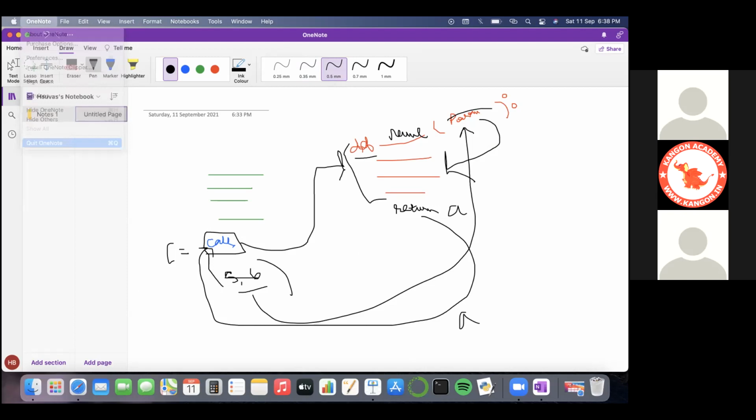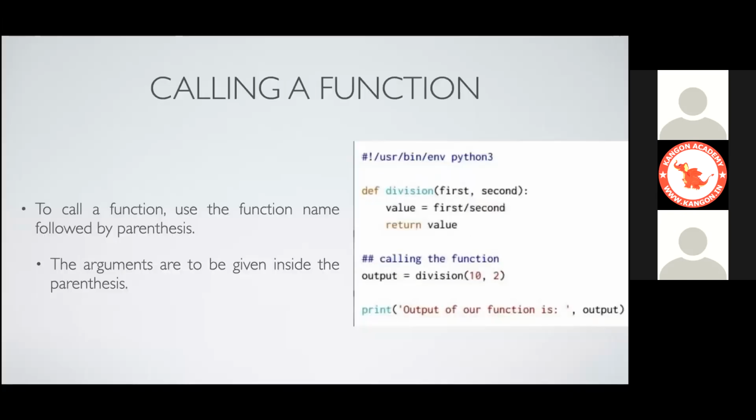If you call a function, here you can also understand what the parameter is. To call a function, all you need to do is use the name of the particular function and follow it by parentheses. Whatever the arguments are, they will be given inside the parentheses only. As you can see in this example, def division is the name of the function. The function has been defined here and a value has been returned from the function,